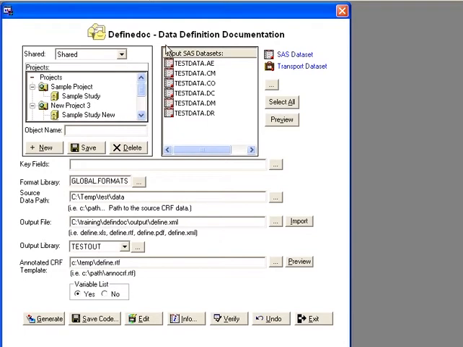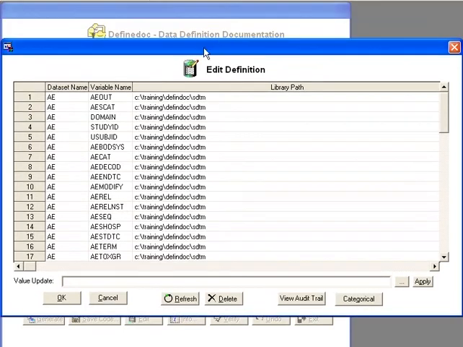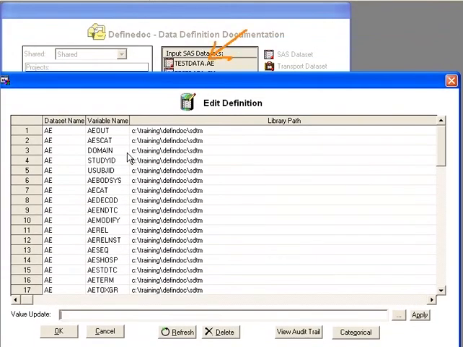The data definition documentation captures the input dataset metadata and stores it in a dataset in the output library. Now, in order to edit this information, you can click on the Edit button. This shows you a screen that contains the attributes of those input datasets, but they're the metadata which you can